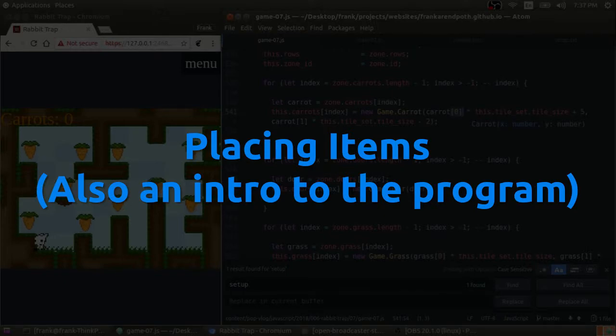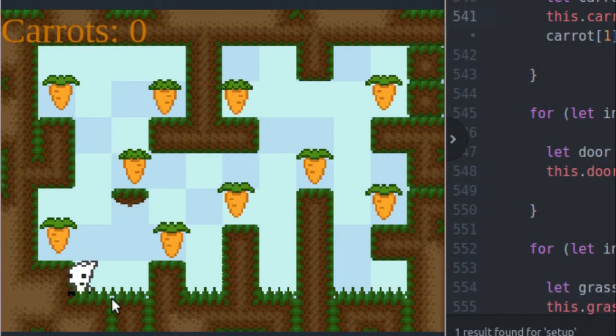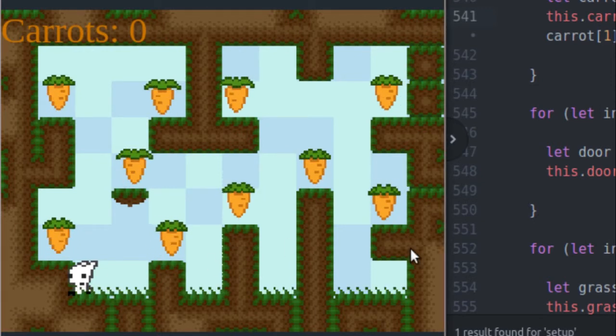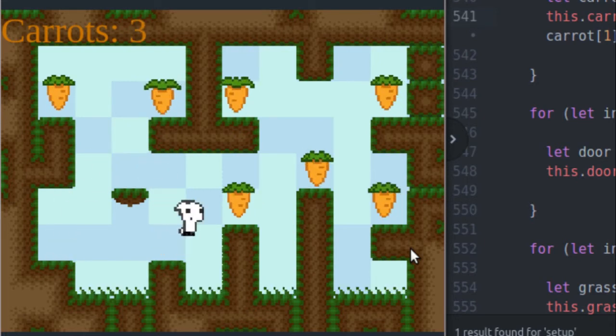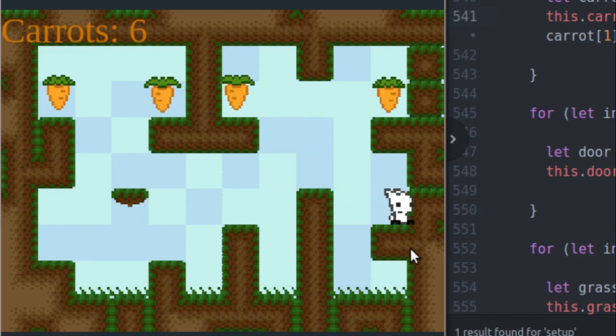The first thing I'm going to talk about is what this example program is all about and where the carrot and grass objects are defined, because since the last installment of this series, I've added carrot objects and grass objects. You can see that I'm running into the carrot objects, and when I collide with their hitbox, I collect a carrot. I have a carrot counter at the top left of the screen, and then down here I have